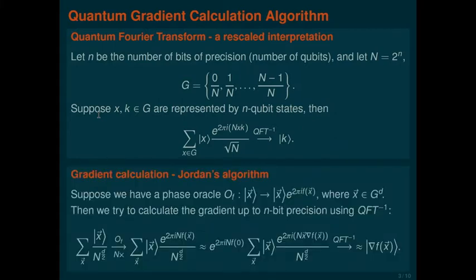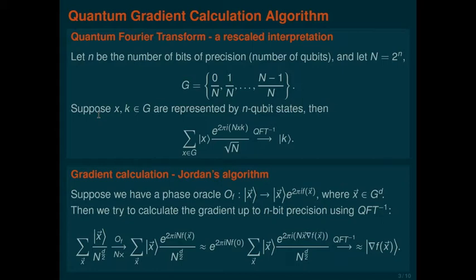And here is now the idea. How do you apply it to an actual gradient calculation problem? So now we assume that we have a d-dimensional function, f, and it is given to us in a phase oracle so that for a value, which is now a point in a d-dimensional space, it will produce a phase which is proportional to the function value itself. So this is the input model with which we work.